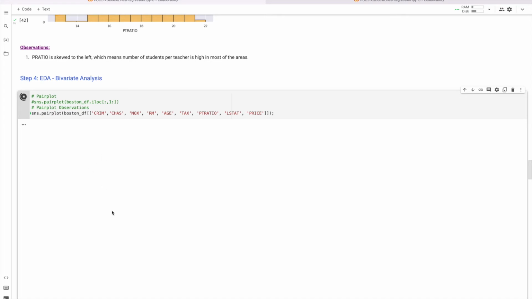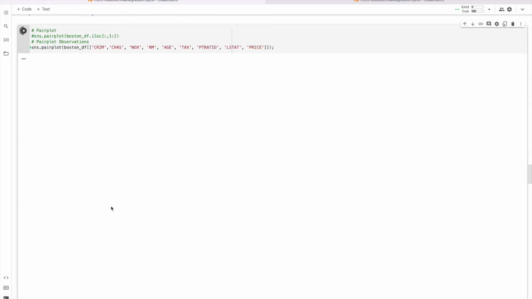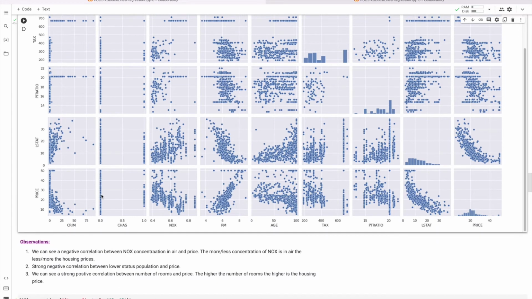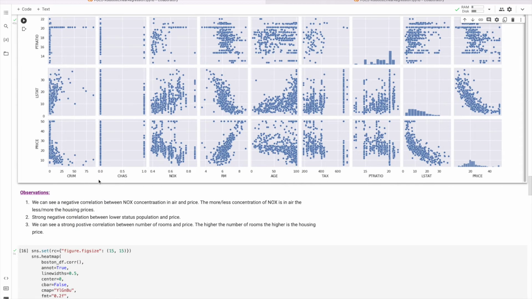We can easily see the positive as well as the negative correlation between the attributes as well as the target variables. Okay, we got it. So here we can see the positive correlations as well as the negative correlations based on our independent variables. Especially if you see here, the price as well as